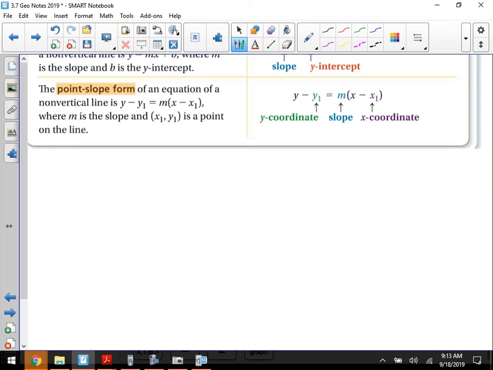This basically takes what we call a parent function, which is just a generic equation, and shifts it left and right, up and down. For example, if we have a slope of 2 and an ordered pair of negative 3, 4,